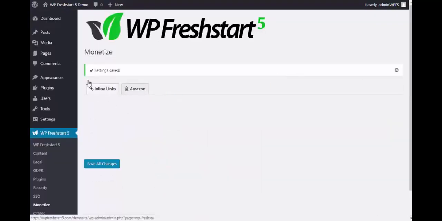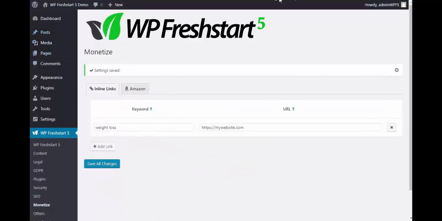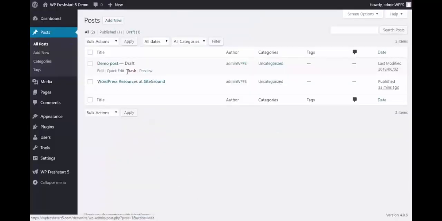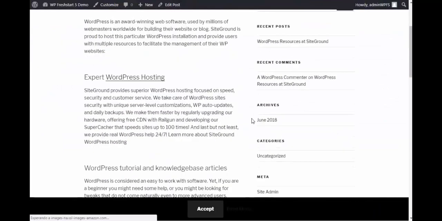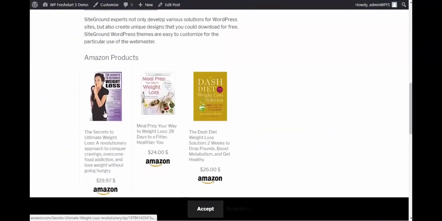Let me just quickly show you how that looks. So when you go in and see this for a page, you will see how it looks. So now you can see these ads are appearing at the end of the post, and these are easy to click,